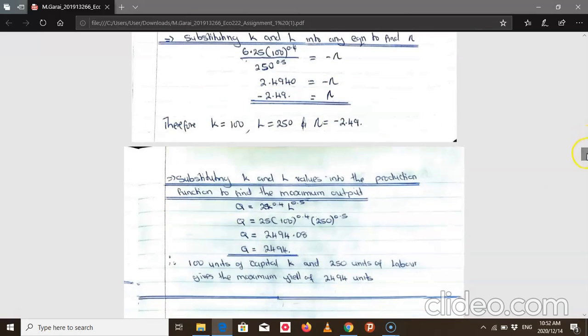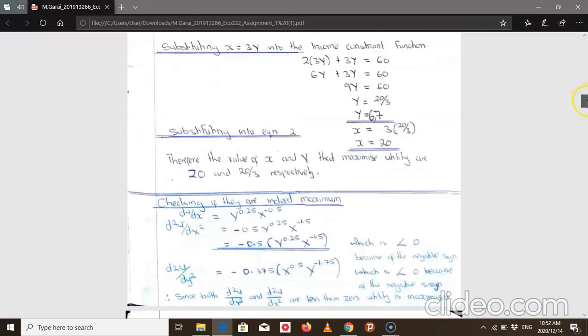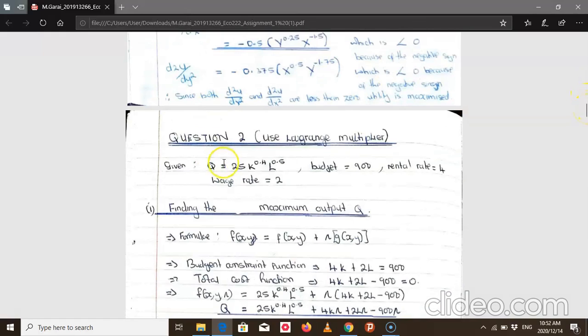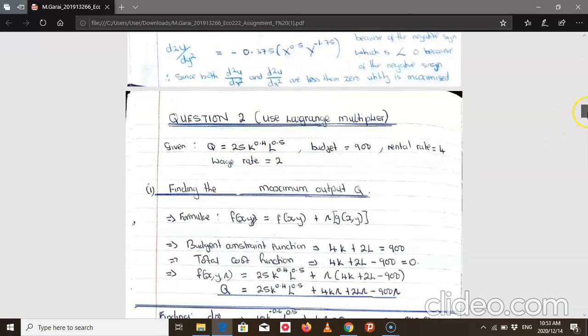And now the question says, find the maximum output. Output is Q, right? Our production function is this one: Q is equal to 2.5 k to the power 0.4, L to the power 0.5. Then substitute the value of k and L. Our k was 100, our L is equal to 250, and substituting this into this equation,